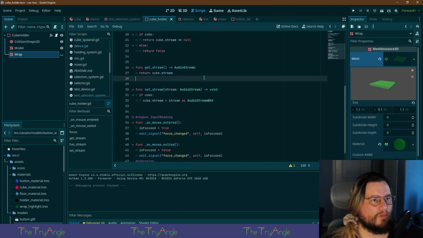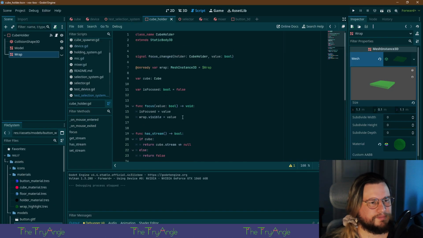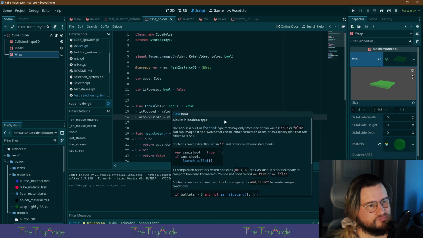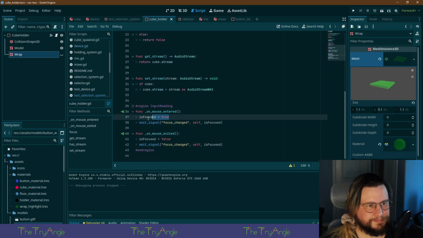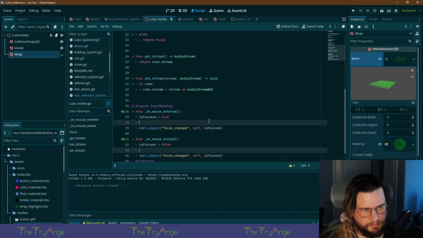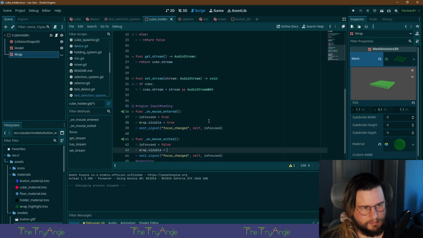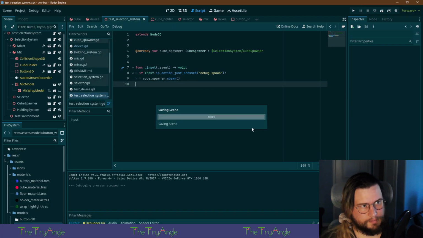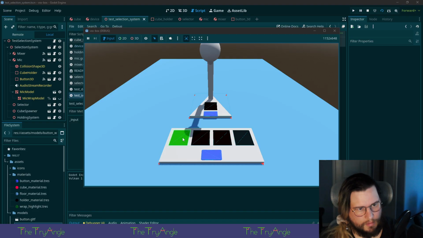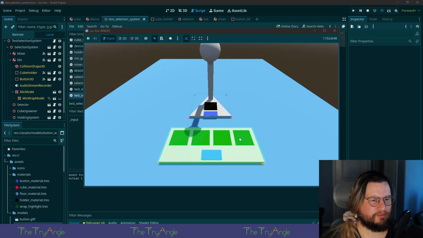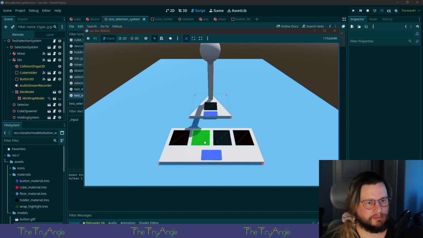Now I'm looking at these cube holders. It's really flickery, which isn't great, but it is technically functioning how we asked it to.